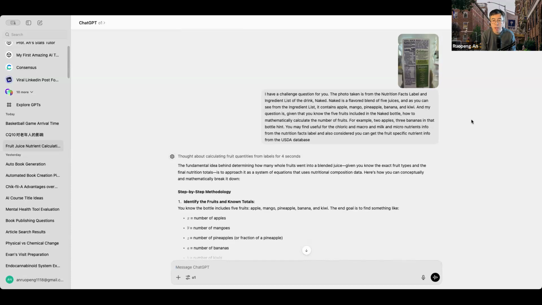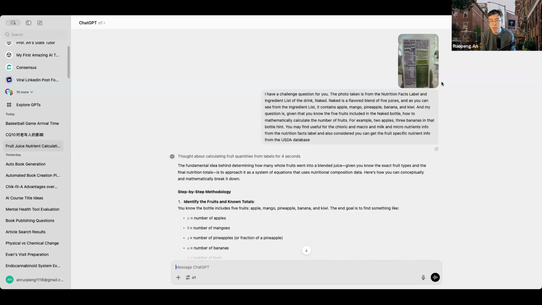And I've taken a photo of the Naked nutrition facts label and ingredient list on the package, which shows on the left-hand side the macro and micronutrients, for example, the calories, the sugar, potassium, sodium, and other nutrient values.